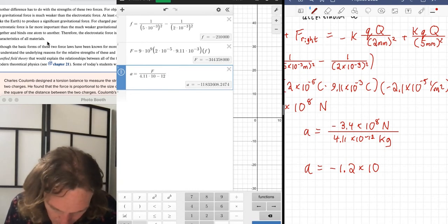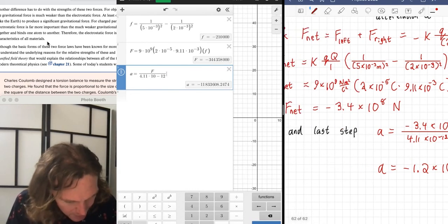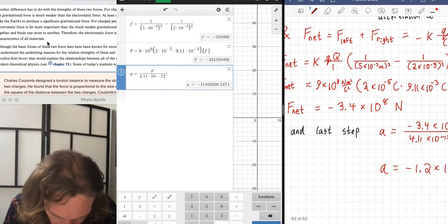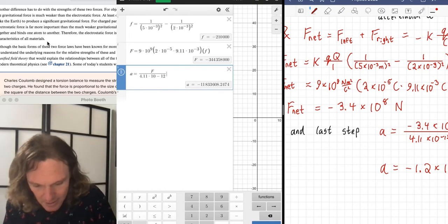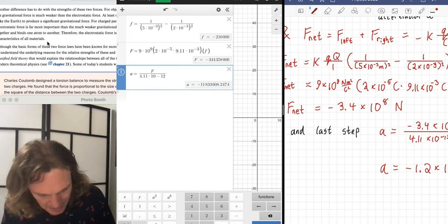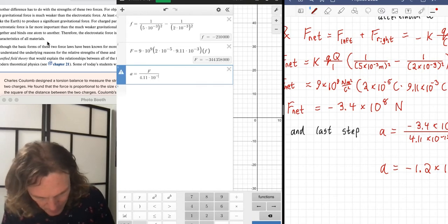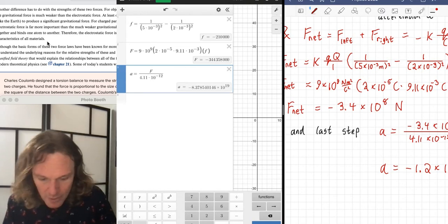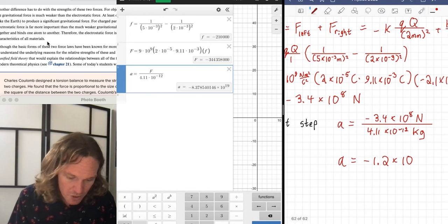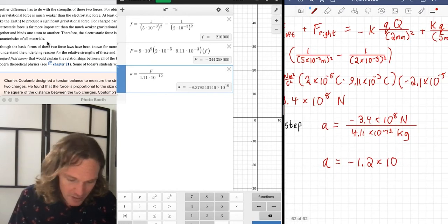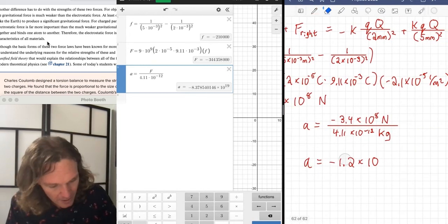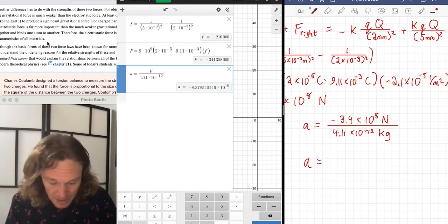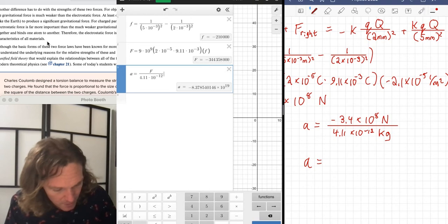Okay, did we work that out correctly? Because I have, yeah, 3.4 times 10 to the 8. Okay, and then because I'm not looking at, oh, I see what I did wrong. You all see it? All right, so that's not an exponent. That's just minusing 12. There we go, -12. Excellent. So, by the way, if the number is big enough, Desmos will finally resort to scientific notation, but you can see it seems hesitant to do so. Okay, so that answer was wrong, just kidding, because of a typo. But now we have the correct value,